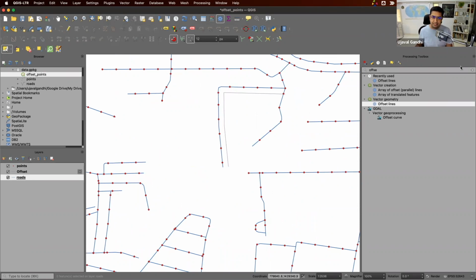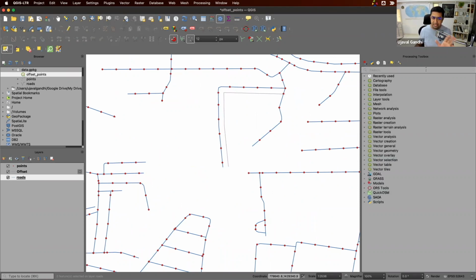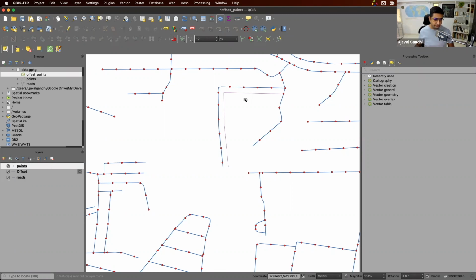As you notice, the processing toolbox creates a new layer after every tool is run. We can change that using this mode. This mode is called Edit Features in Place. And once I enable this, the list of tools available will shorten, but these are the tools that are able to now take the input features and then modify them in place and change the geometries of that. So I'm going to select the points layer now and select the points. You can just use the select points by rectangle. I can keep holding the shift key to select the points that I want.